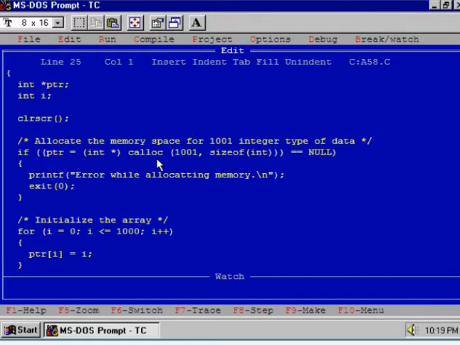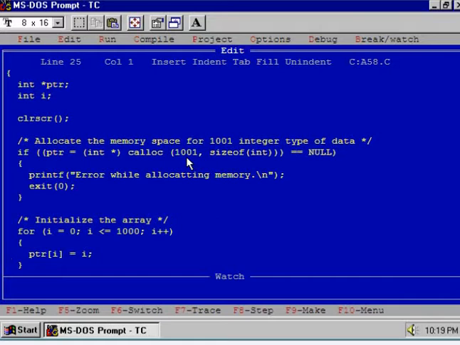Here we have allocated space for 1001 integers, that is a total of 2002 bytes, because we know that an integer consumes 2 bytes, hence 1001 times 2 is equal to 2002.